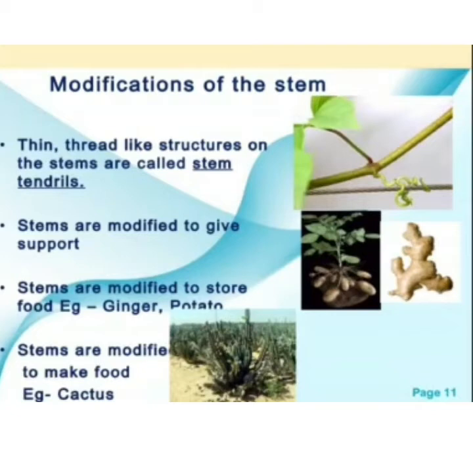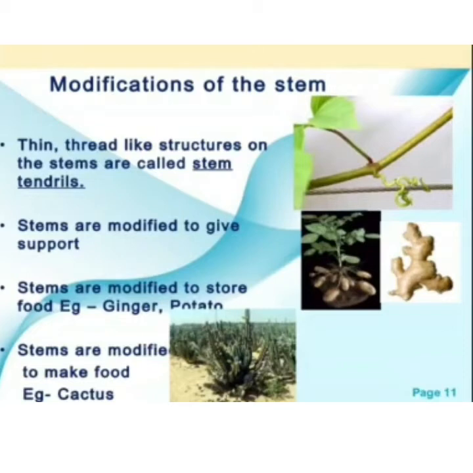Stems are modified to make food also. How? In the case of cactus, you see, a cactus plant grows in deserts, where there is a little amount of water. To prevent loss of water from the surface of the leaves, the leaves are modified to become spines. It is the green stem in the cactus that performs all the functions performed by the leaves in other plants, including the preparation of food. The stem is fleshy and can store